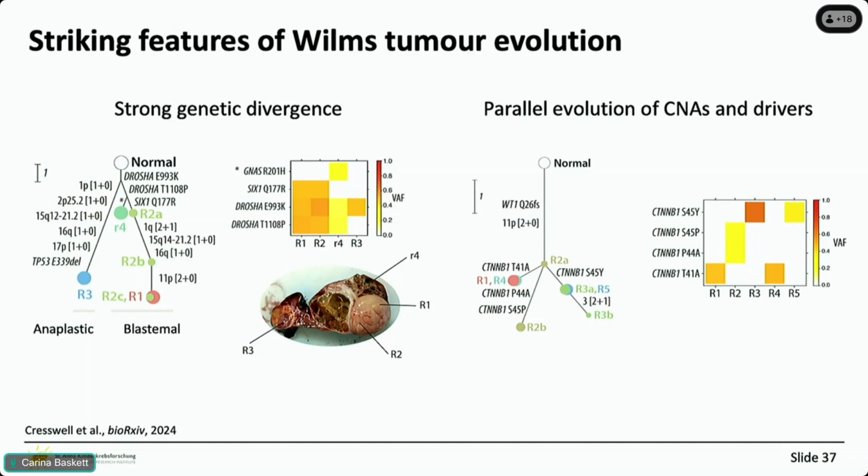But when we dug a little bit deeper and did the phylogenetic analysis, what we actually saw was that they still all shared one single driver mutation in the beginning. So it seems like there was a driver mutation that created a pool of cells, and almost 2 independent tumors arose out of this initial pool of cells.